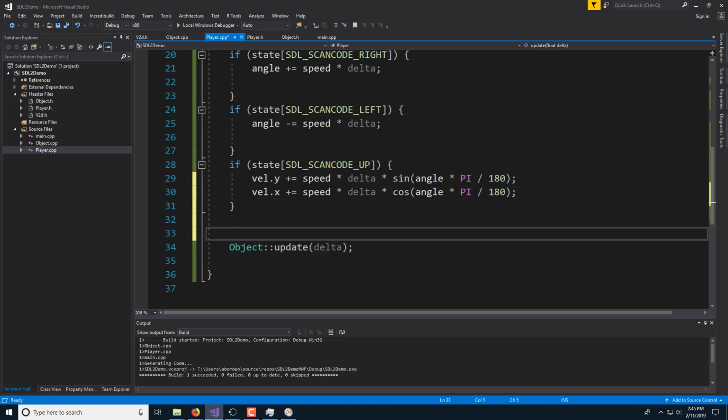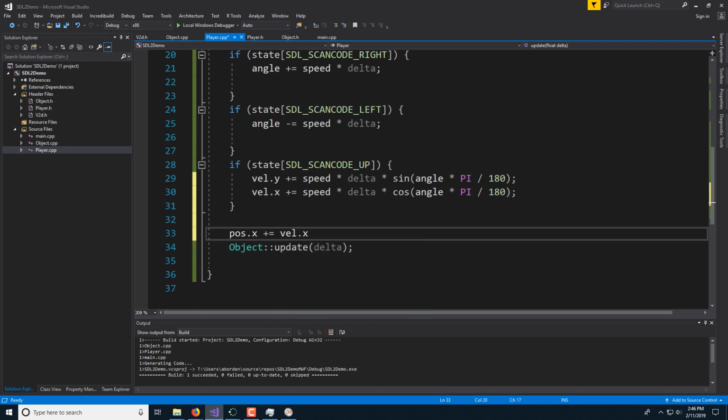And then outside of the ifs, we can update position. And if you have your overload, you can do this in one line. But position.x plus equals velocity.x